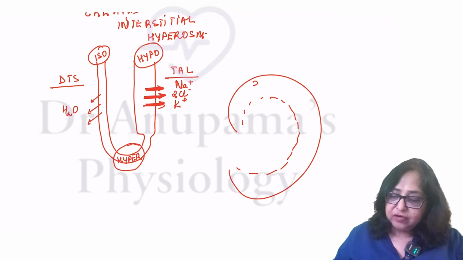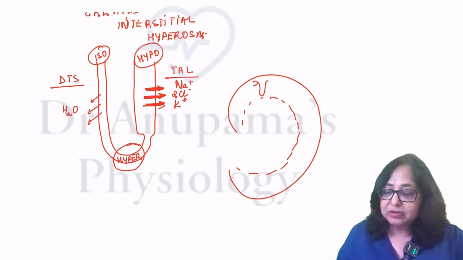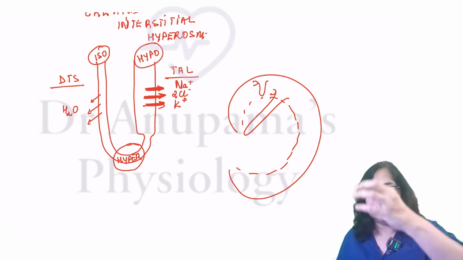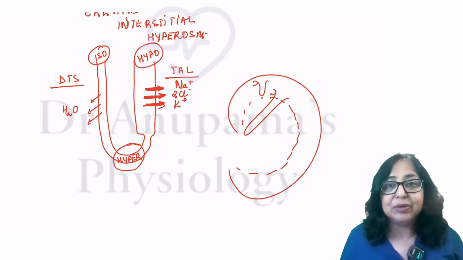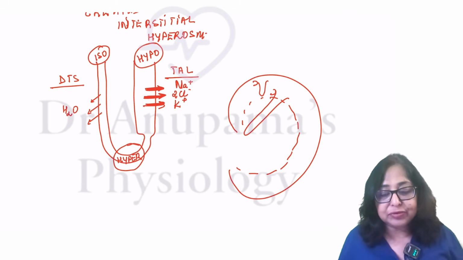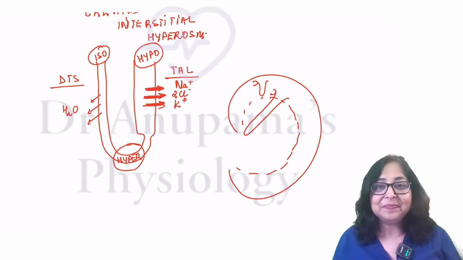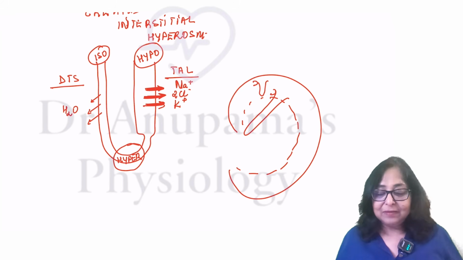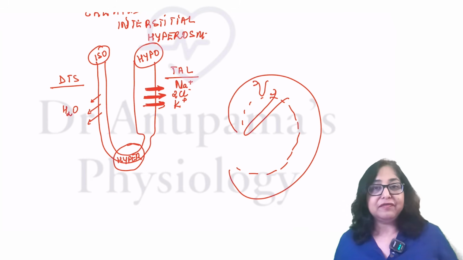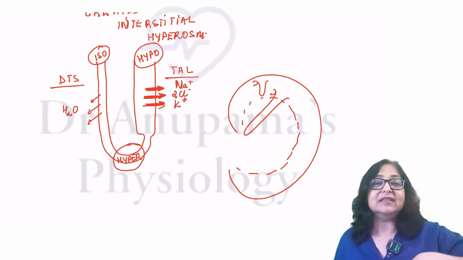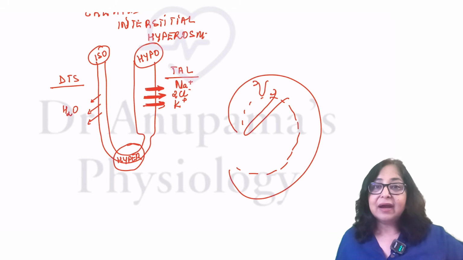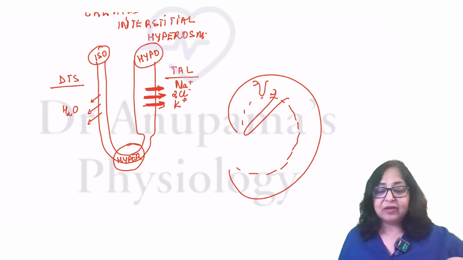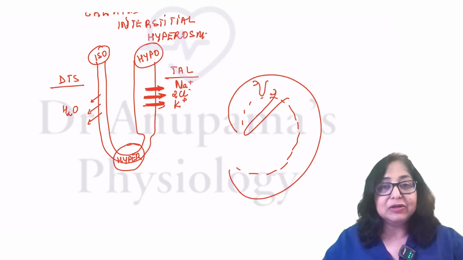Majority of the nephrons are cortical, almost 80% are cortical. Juxtamedullary nephrons have these long loops of Henle, and these long loops of Henle go into the medulla. And it is these juxtamedullary nephrons which have thin and thick segments. Cortical nephrons do not have thin and thick segments. So that means it is the juxtamedullary nephrons which are creating this medullary interstitial hyperosmolality. So countercurrent mechanism is seen in the juxtamedullary nephrons, and these are responsible for creating a medullary interstitial